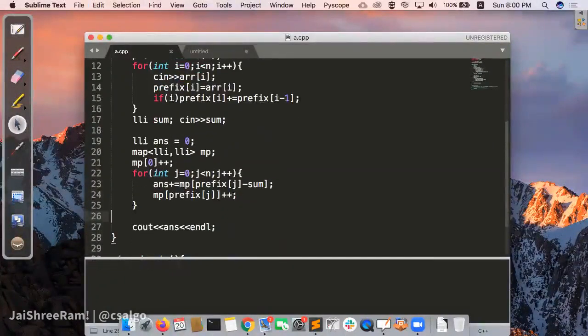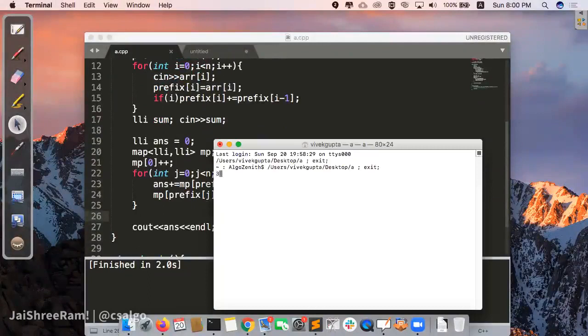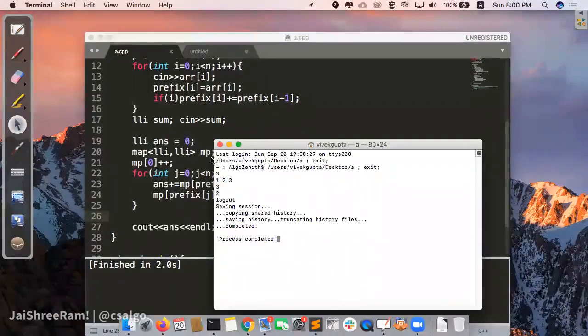And that's it. That will give us the correct value. If I now search, for a given array 1, 2, 3, for the number of subarrays which have the sum 3, it will give me 2. That is this subarray and this subarray, right? So this is how you can search for the number of subarrays having a particular value.